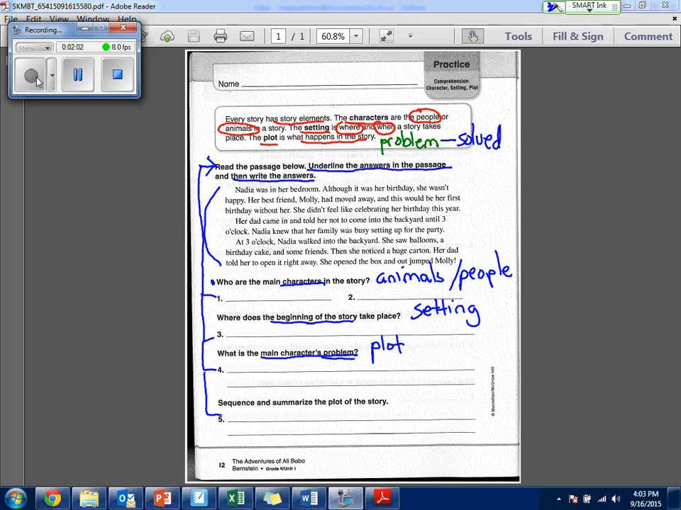And finally, they're asking you to sequence and summarize the plot of the story. I'm going to make it a little easier for you. I'm going to ask what is the solution or how is the problem solved? All right? So you have 5 questions you're going to go ahead and answer